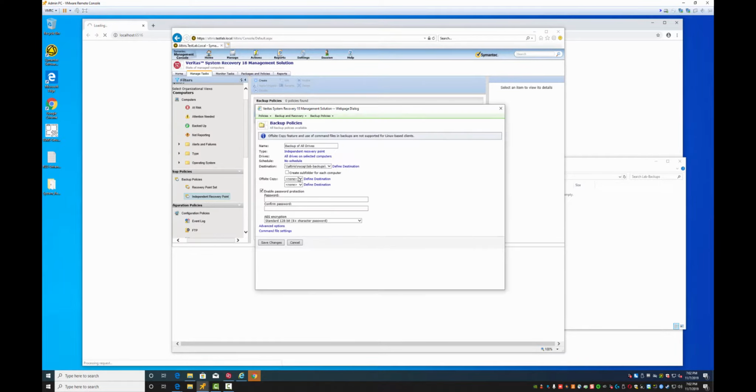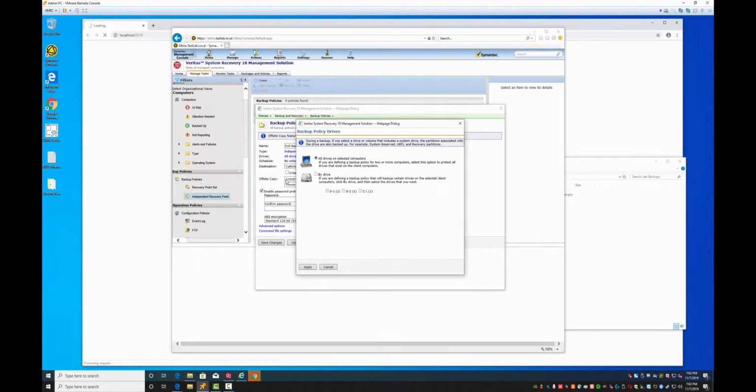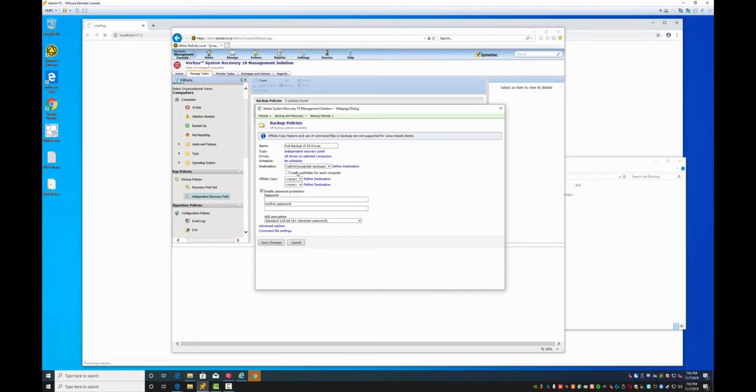So create backup of all drives. Let's do full backup of all drives. Okay. Here's all your drives, or you can do it by individual drives. And I believe as it detects drives, it starts building a list. So it can be a pain. That's why all drives is easier. All right, create subfolder for each computer. I don't use offsite copy. We're not going to enable